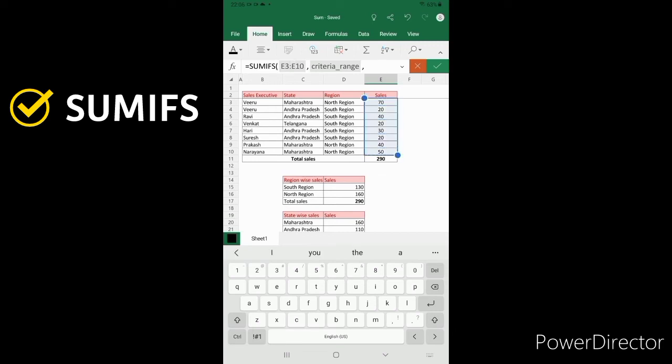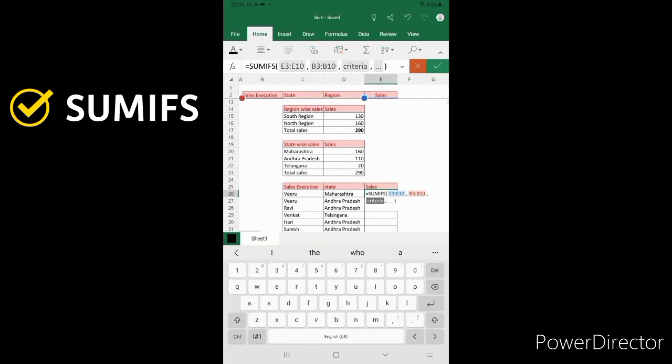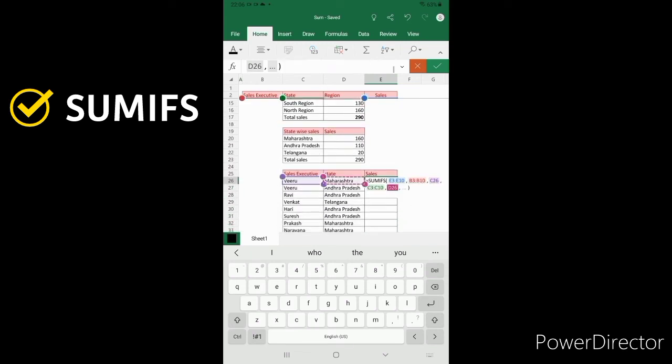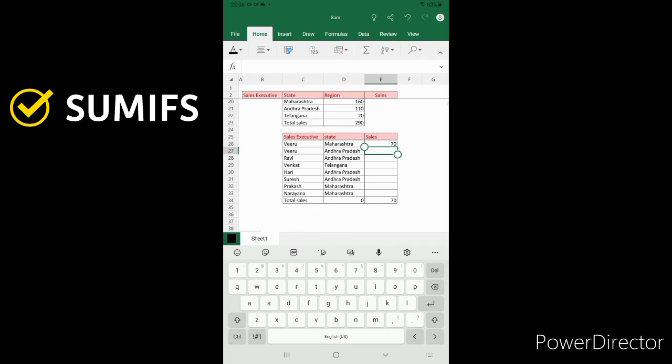Next, the condition range, comma, sales executive, comma, state, comma, state here. Press enter. Here it will come.